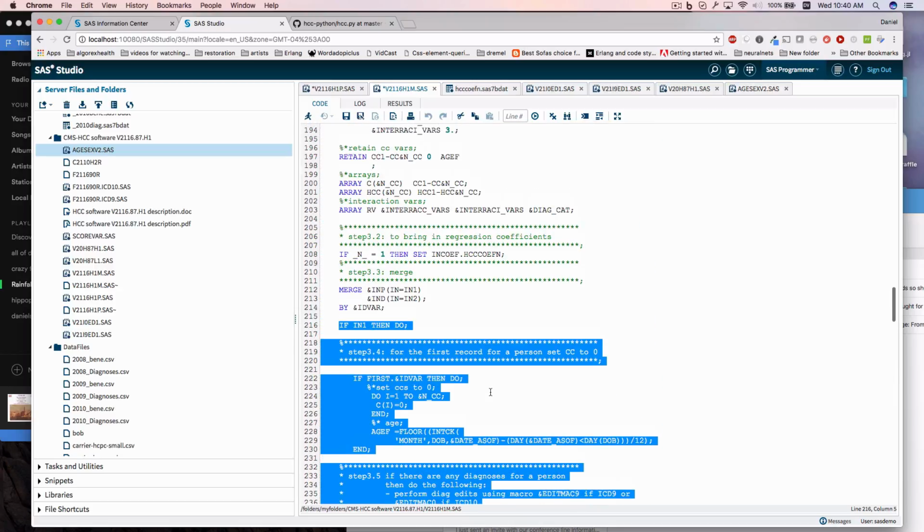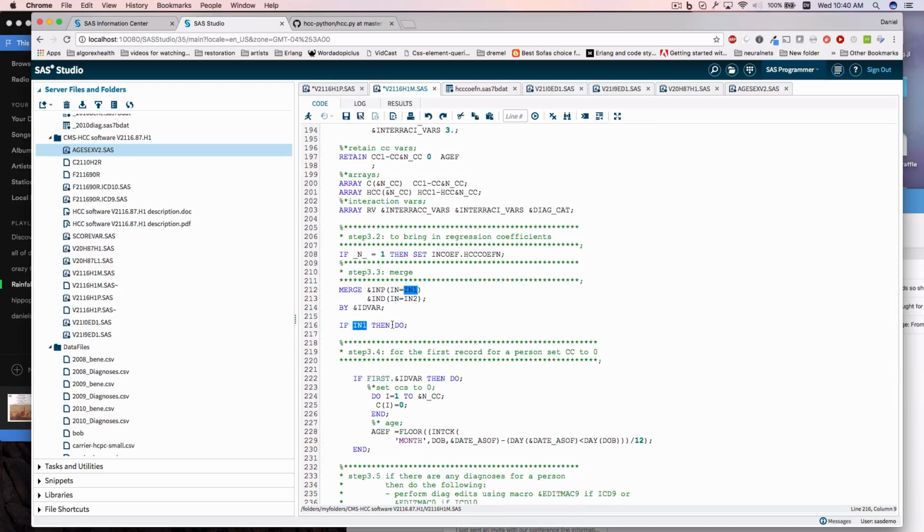So this line right here is protecting us and saying, if in1, so it's basically saying, if I have a beneficiary, then do this. If not, do nothing. Okay. So this is a little bit of a protection. You can do it in Python code easy enough. That's what that means. So that makes sense. That's protecting us against there being a diagnosis with a patient ID who's not in the